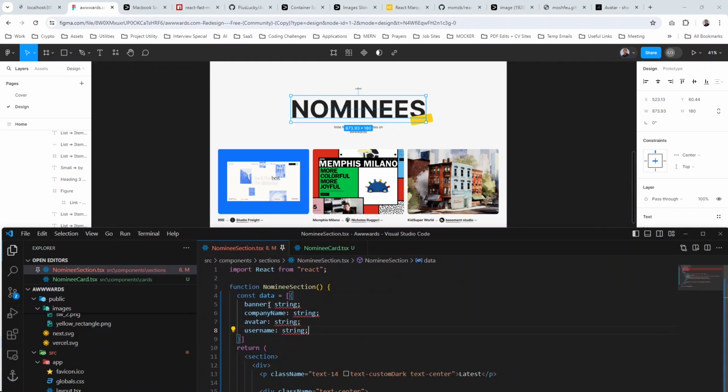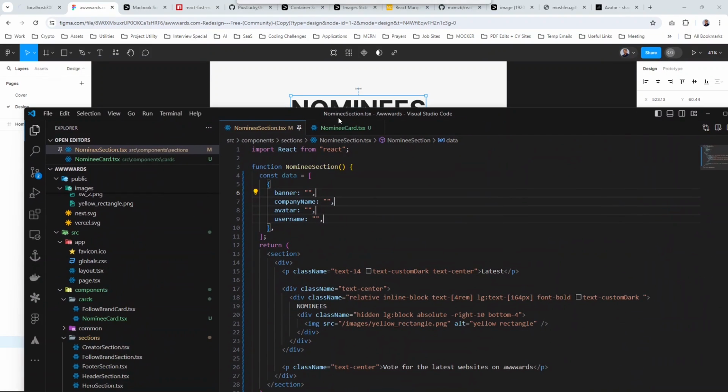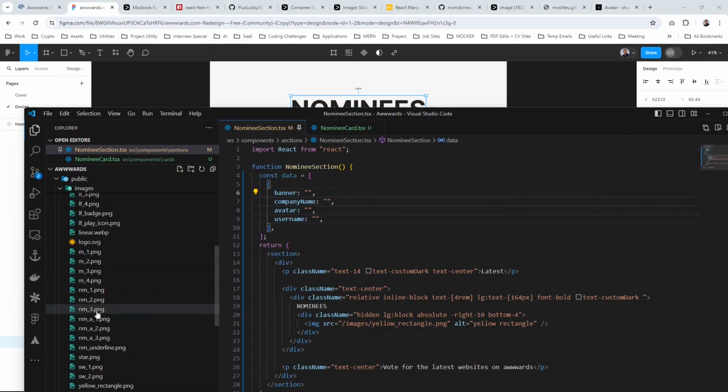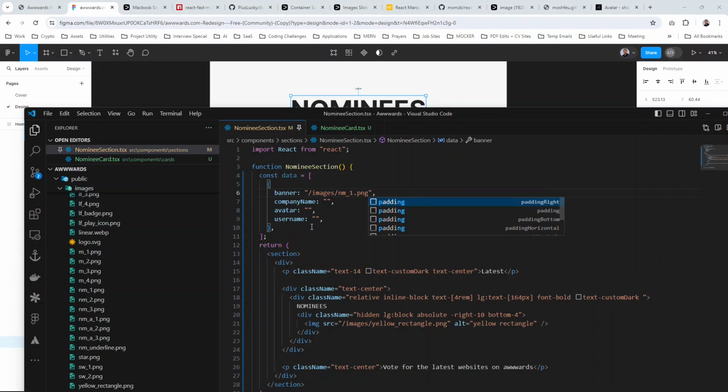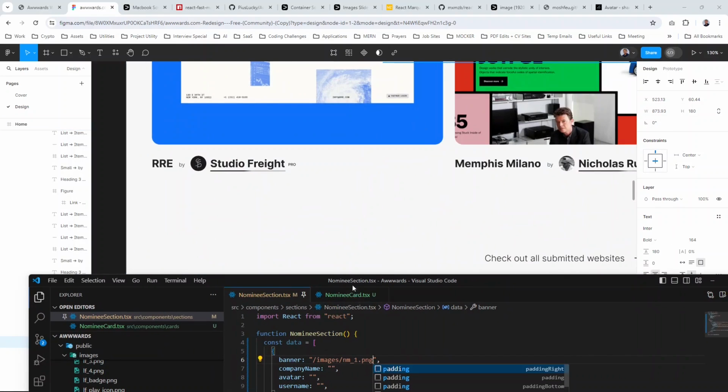So the banner basically has to be nm1 all the way to 3. So you can do /images/m_1.png, and the company name here is